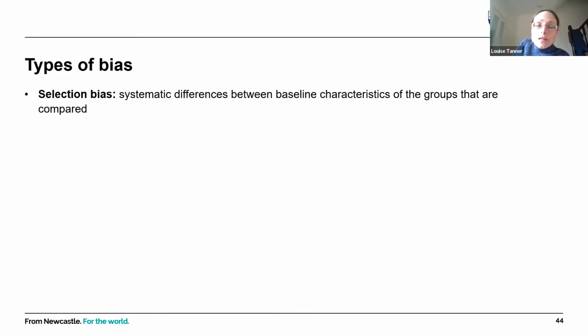So selection bias refers to systematic differences between baseline characteristics of the groups that are compared. If you want to assess the effect of a drug on a particular health outcome in a randomized controlled trial, you would randomly assign people to a group where they either receive the drug or receive a placebo, a fake drug.